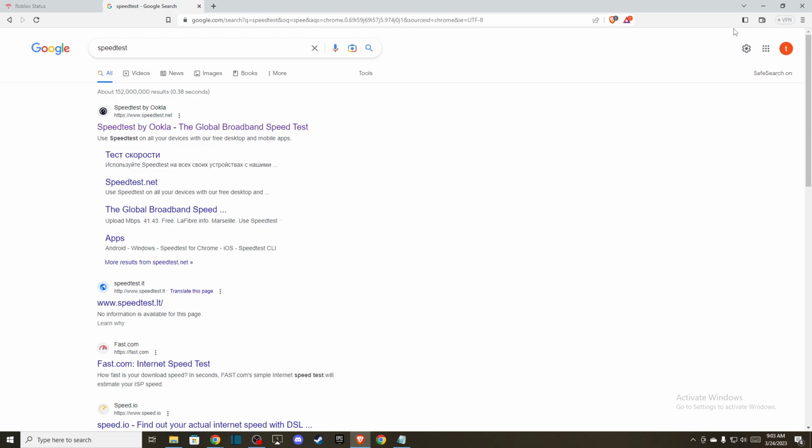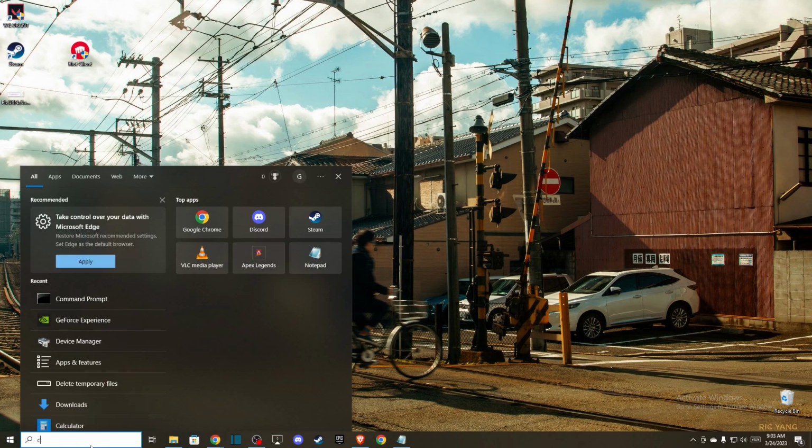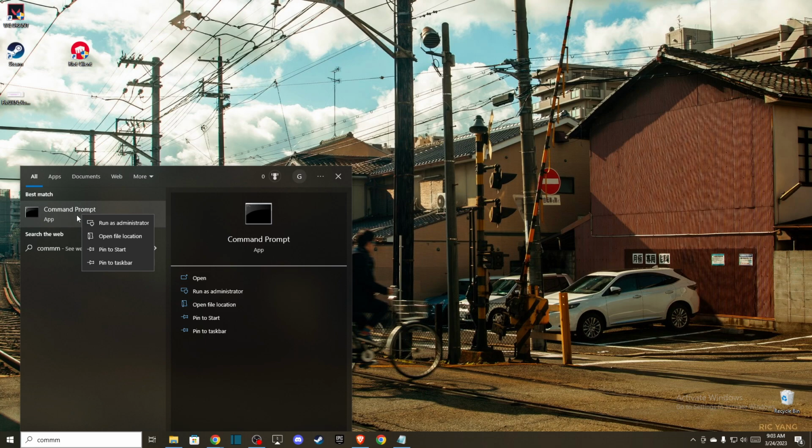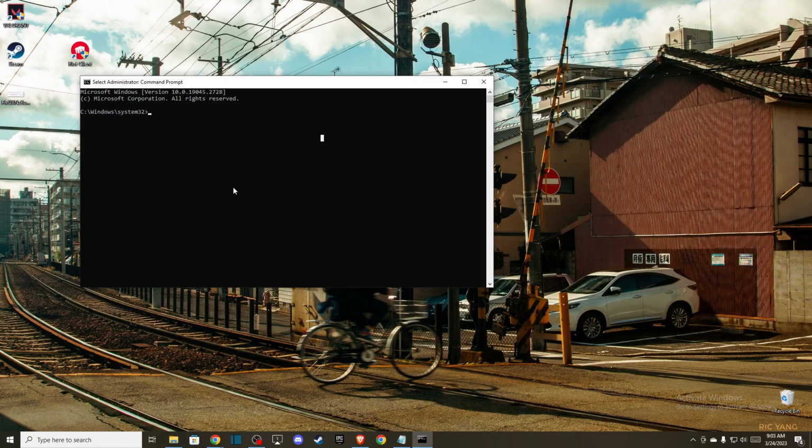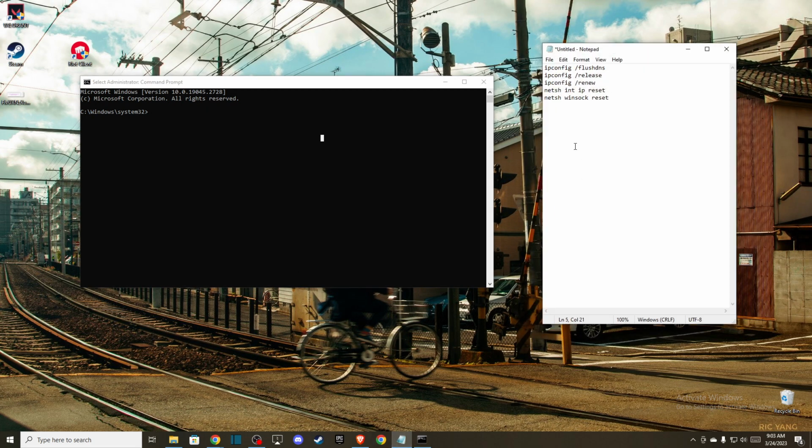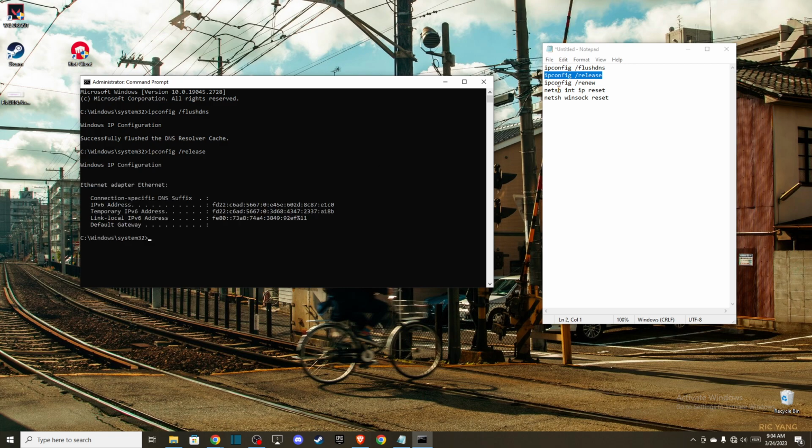And if the problem persists, then you need to go to search and then go to command prompt and right click on it and go to run as administrator here. And this window basically opens up, and then you need to just put in the following lines here. So ipconfig /flushdns, press enter, and then ipconfig /release, press enter, and then ipconfig /renew, press enter,